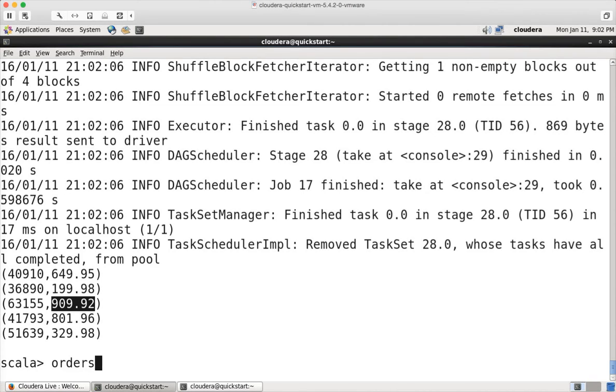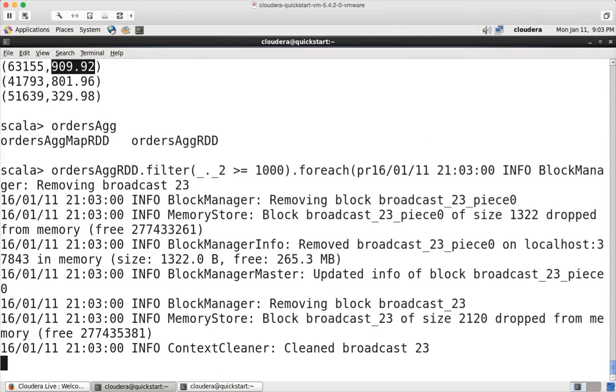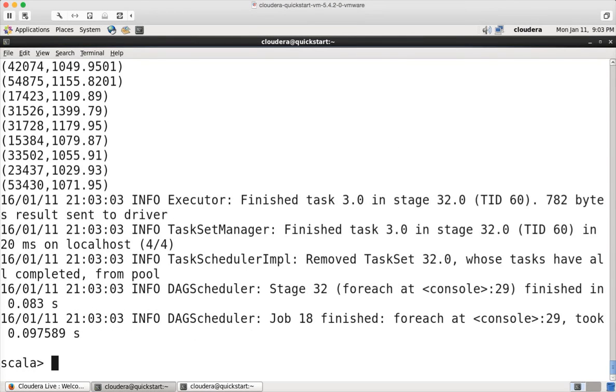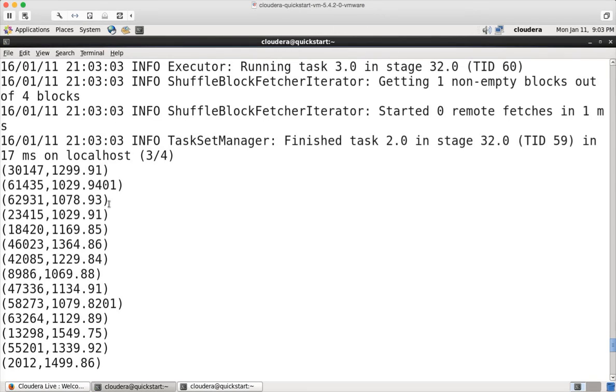So I can say ordersAggRDD.filter, and I can apply the filter condition here: underscore dot underscore 2. Underscore represents the entire tuple, dot underscore 2 represents only the second element, greater than or equal to 1000, and then foreach(println). You can see it is returning only those orders which have order revenue greater than 1000 and are also cancelled,